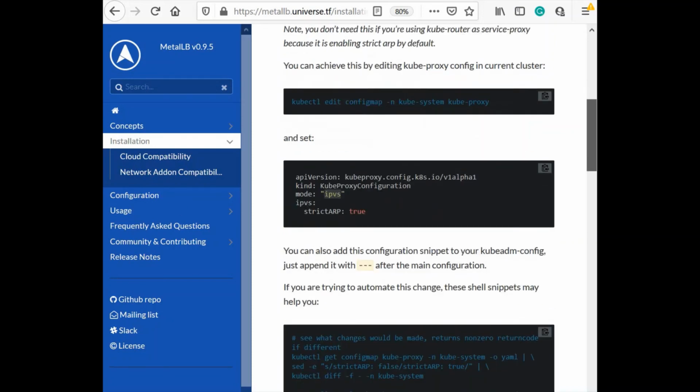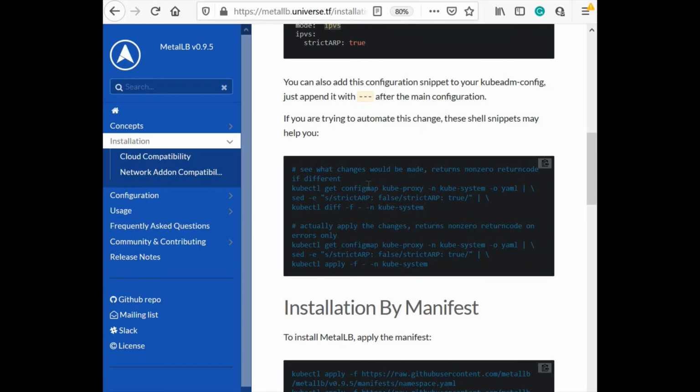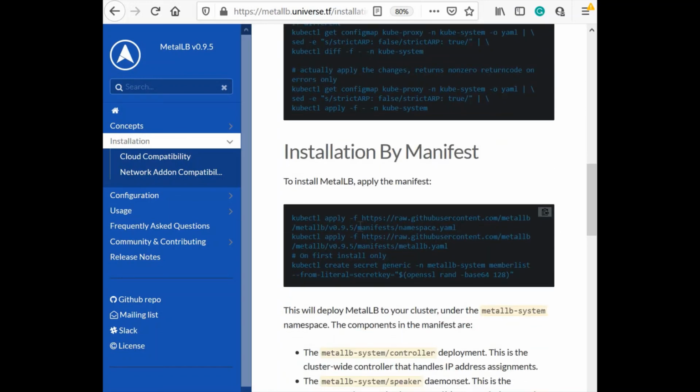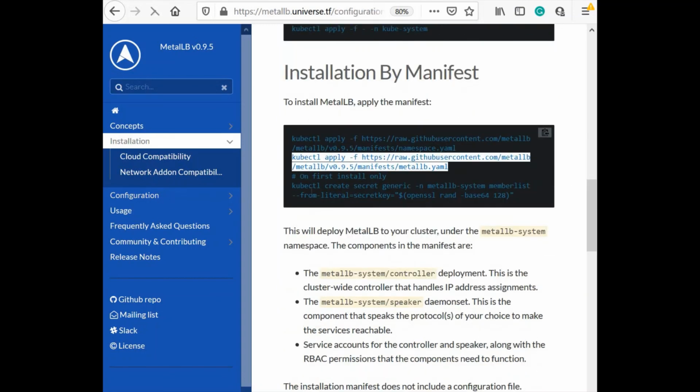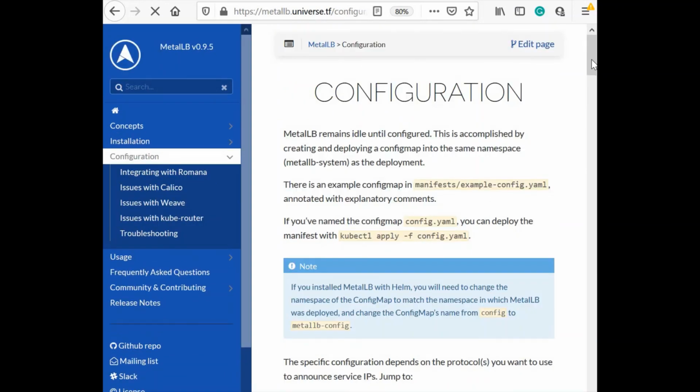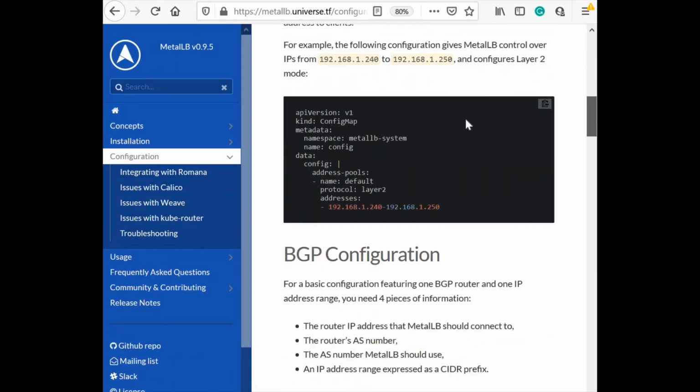The next step is we need to apply the YAML files. The first YAML file creates the namespace. Second is the installation, and third is we need to create the secret. The next step is we need to create the config map, which has the pool name and the IP range that we need to use for the external IP range.